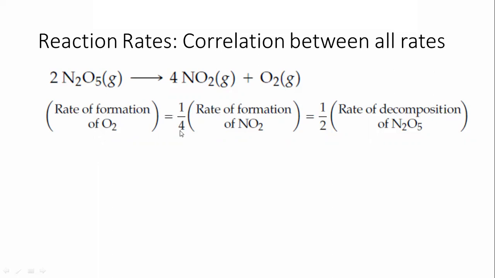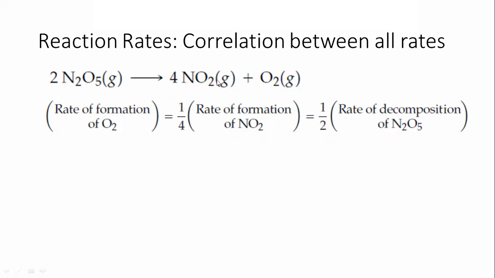This is the rate of formation of nitrogen dioxide, which is also a product, so it is written as the rate of formation. And this is the rate of decomposition of dinitrogen pentoxide. It is a reactant, so it is going to decompose, and that's why it is written as the rate of decomposition. What is important here is to understand the coefficients that multiply the reactants or products, and it is very simple. You have to know how to express these coefficients.